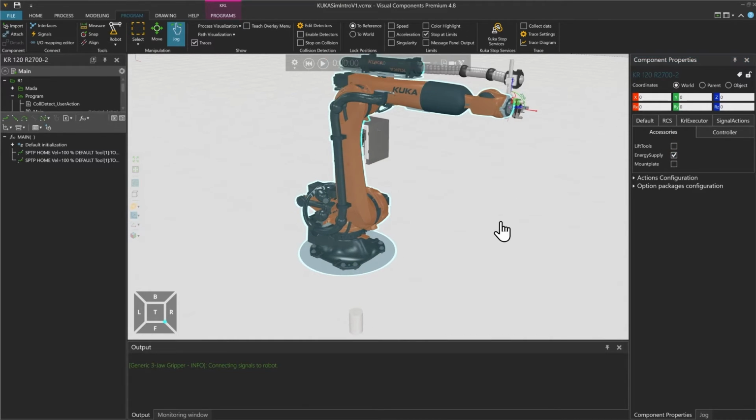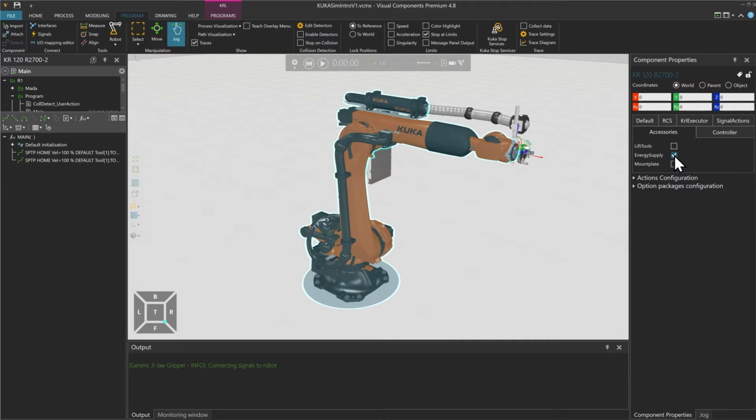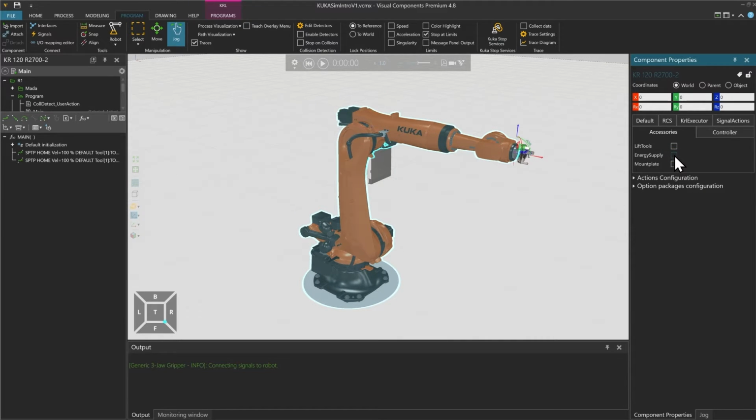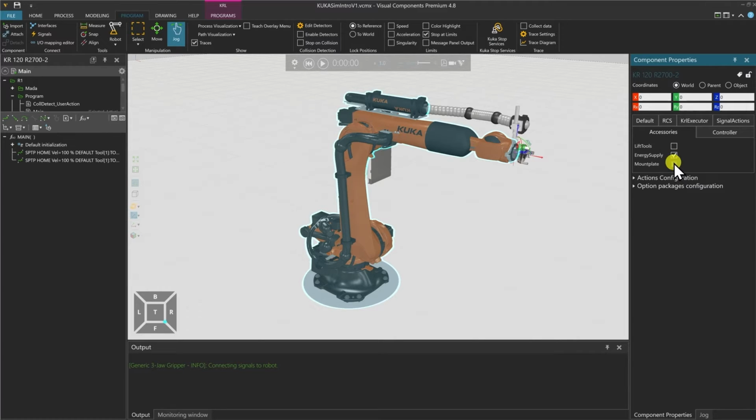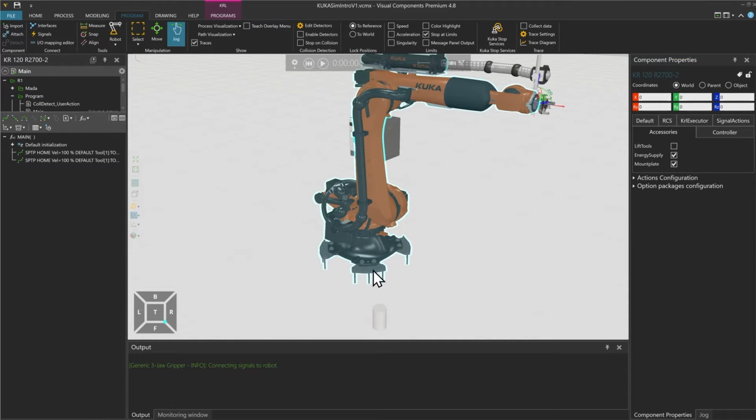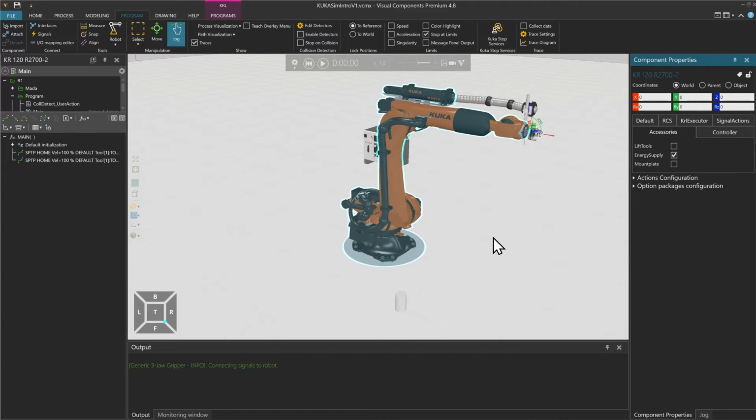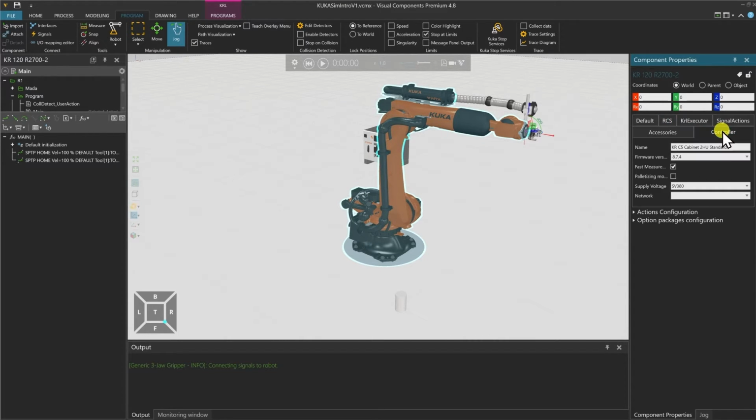We can also take off the energy supply if you have a customized one, or add it again if you want to have it visualized. And we can add a mount plate, where it adds some metallic plates under the robot with some screws. Just going to deselect that again.